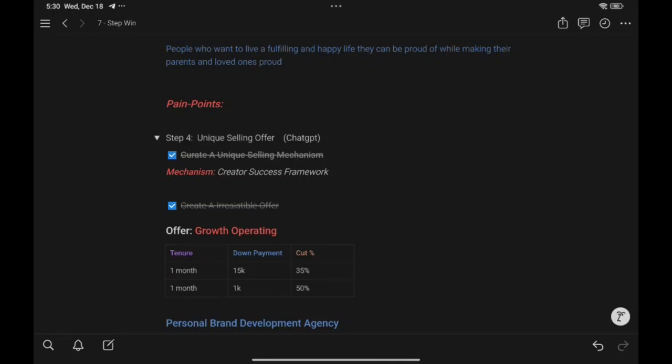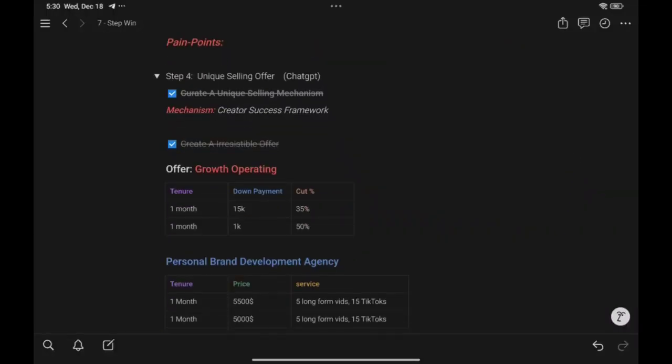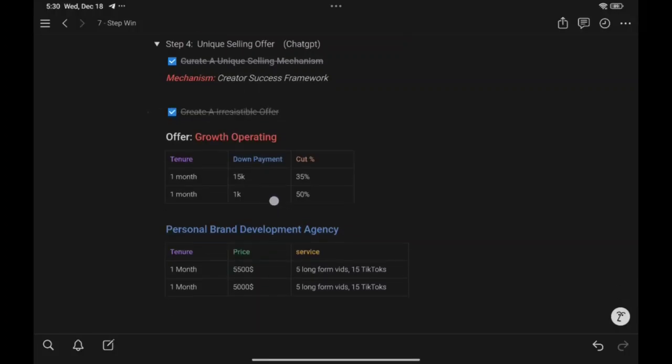You could go with anything like a blueprint, a course, and for example, Iman Gadzhi has his creator accelerator program, Alex Hormozi has his school community. You could just go with whatever.